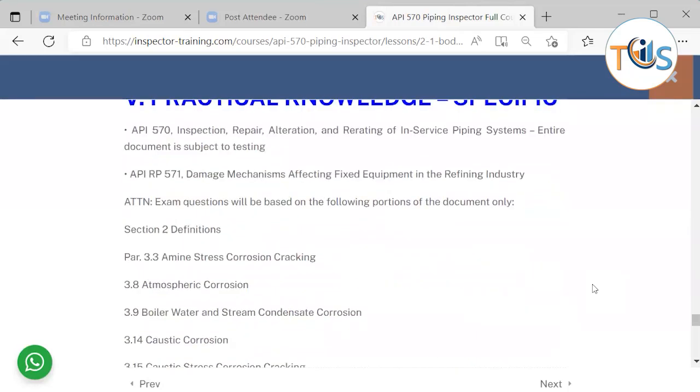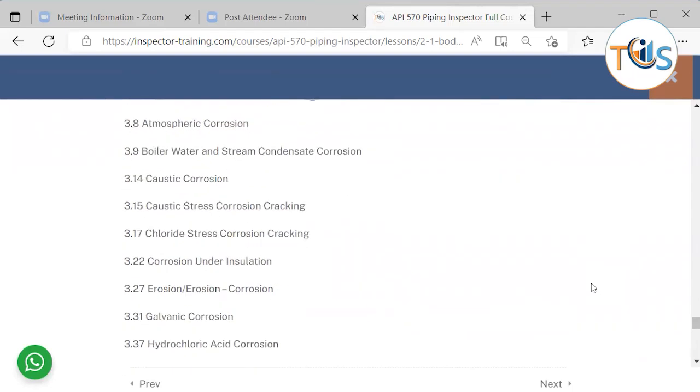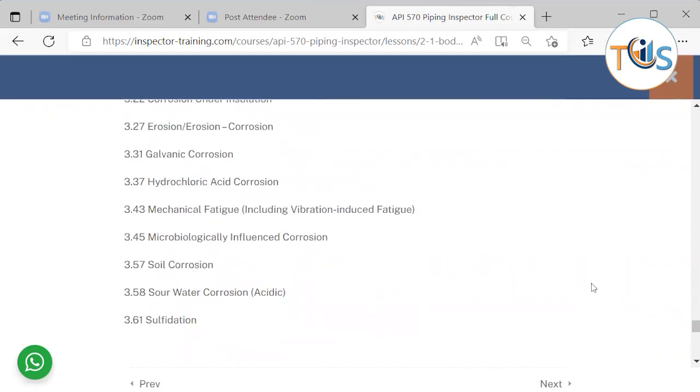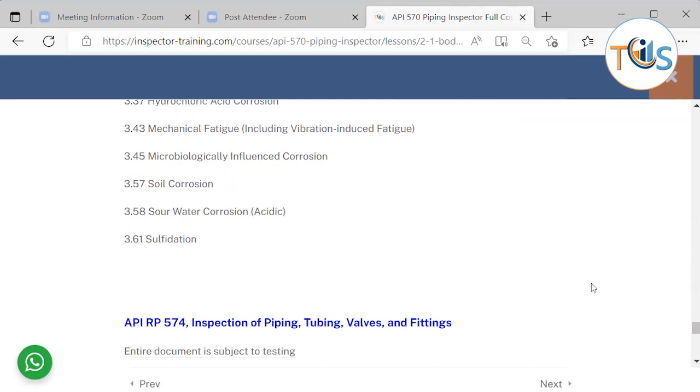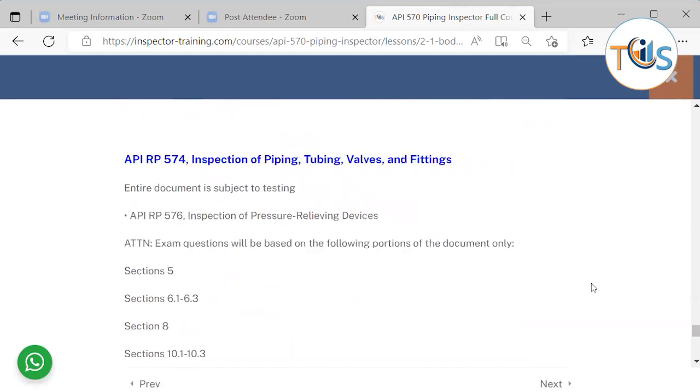And then specifically you should know about 570, 571, all these damage mechanism definitions and vocabulary are especially important, and all these 15, 16 damage mechanisms, we should know the very basics: how it happens, what material it affects, what inspection is required. And 574 is the inspection practice that you will be using